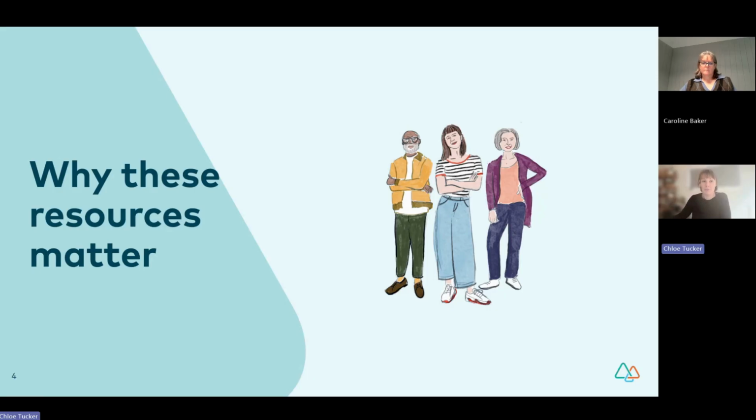Our resources are informed by Volunteering Australia's National Strategy for Volunteering and refer to the National Standards for Volunteer Involvement. At Justice Connect, we are very proud to be the lead stakeholder for Action 6 in the National Strategy for Volunteering Action Plan. Action 6 is all about increasing volunteer-involving organisations' understanding of their legal obligations to volunteers. And that's where our resources come in to help do that.